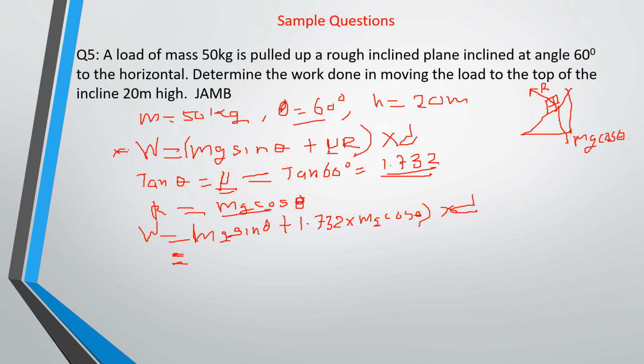So first of all, we'll look for the force. The force required to move the body up is equal to this part of this equation. So later we'll multiply by d. Okay, so now, substituting into this equation, we'll have 50 times sine theta, which is sine 60 degrees, times 10 times sine 60 degrees, which is equal to